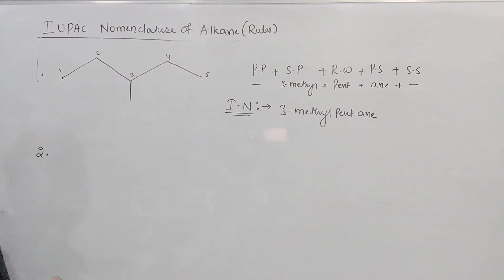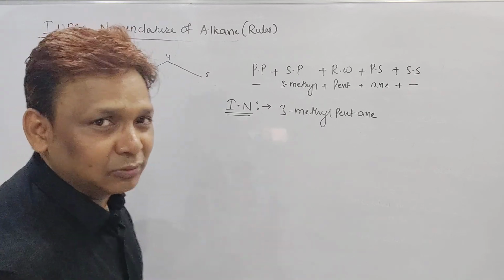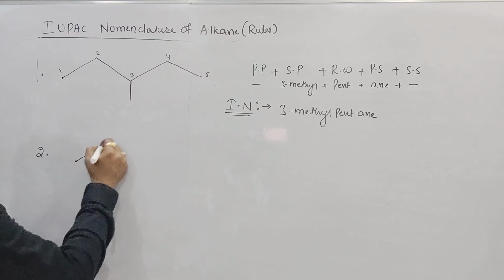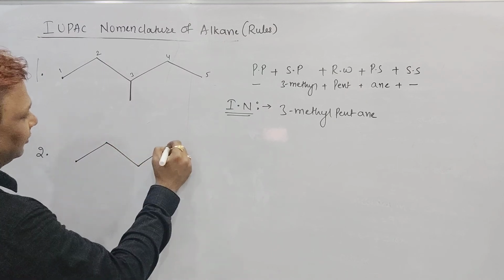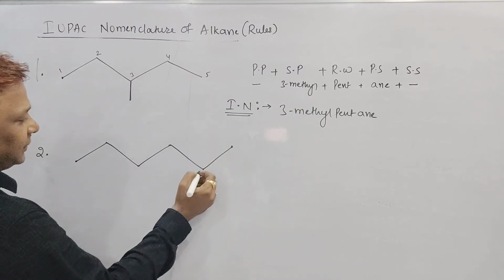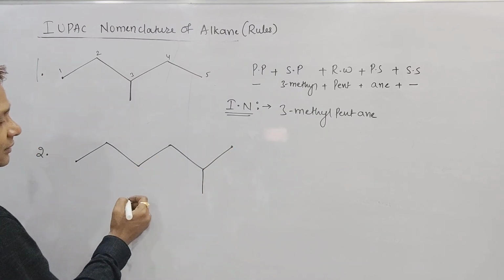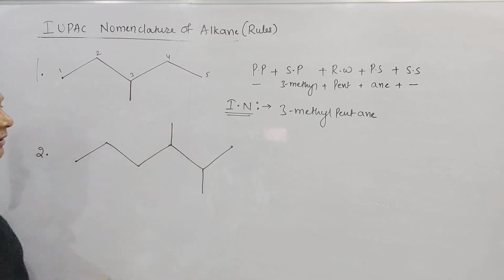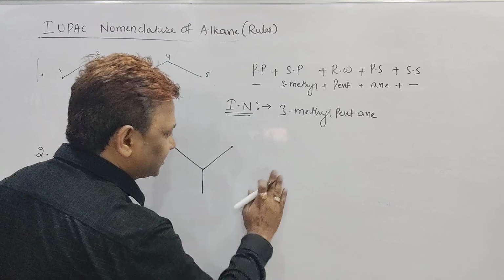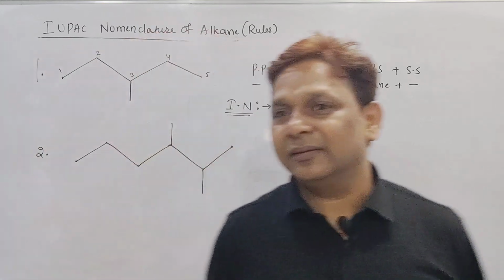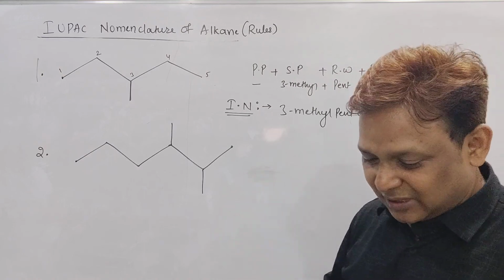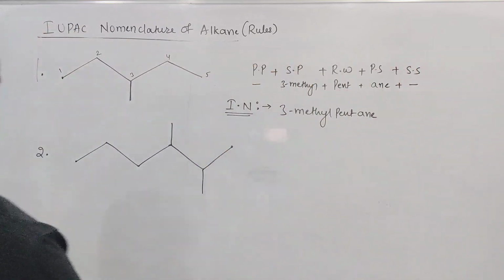Now I want to give one more example, and please try to write the answer for that one. 1, 2, 3, 4, 5, 6. See beta, I will give one substituent here and one substituent here. Can you please pause the video and get the IUPAC name of this compound, beta? See here, check it. This is the structure given. Please pause the video and get the IUPAC name of the compound. Right? Chalo, get it fast.